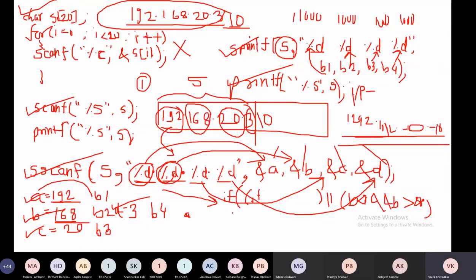Yes, sir. Okay. So currently you require two AND conditions for A, two AND conditions for B, for C and for D, and all these conditions again you have to combine by using OR for checking invalid. And if it is not invalid, then in the else part you have to write the code for converting decimal to binary. Okay. So did you get this code, do you understand this code?